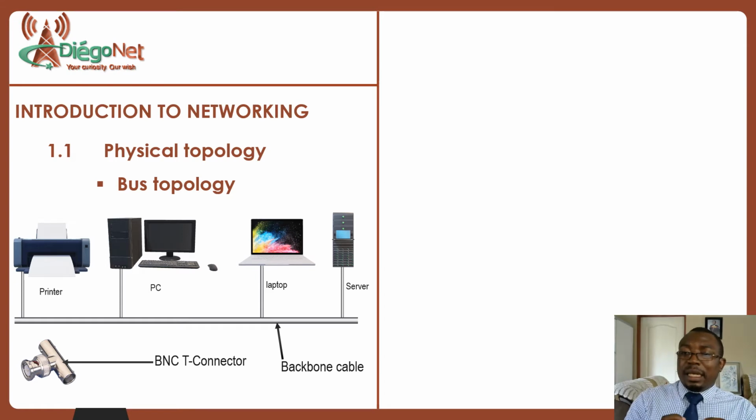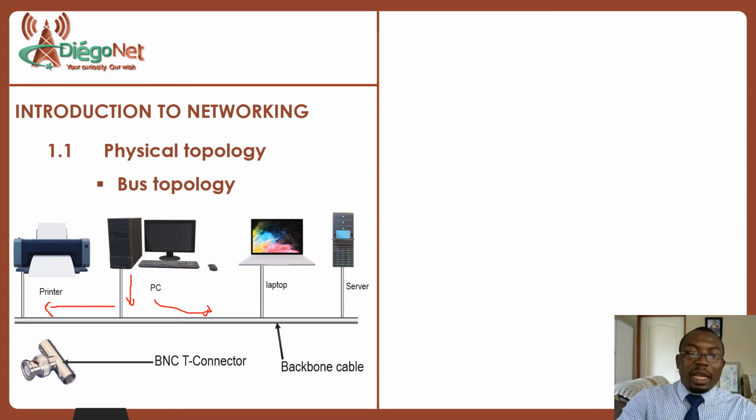What is the reason why we use a terminator at the end of the cable? To illustrate that, we need to use a PC to explain why we terminate both ends of the cable. Let's say, for instance, this PC is sending information to the network. That information will travel to the left and it will also travel to the right, like this. So the information will go this direction and it will also go the other direction. That is what you need to understand.